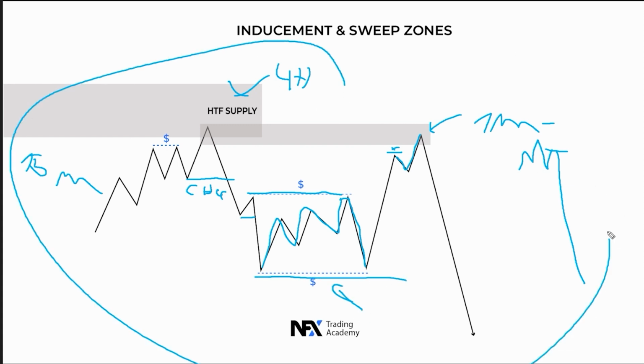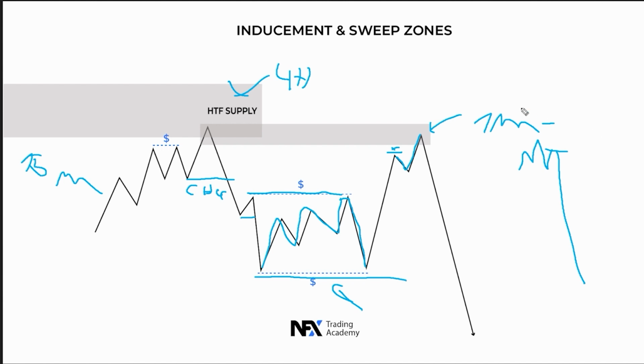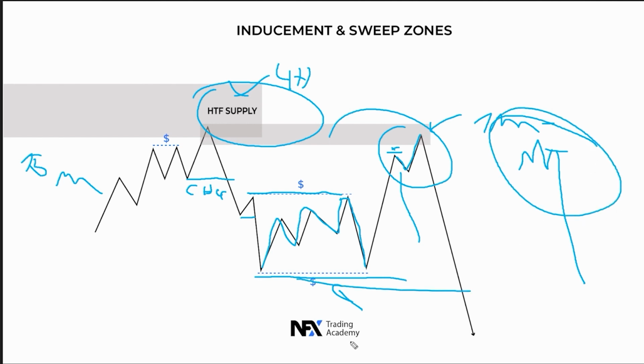So this trading example is one of the best that I ever saw happen, and it always works. You have a nice reaction from the higher time frame supply or demand zone, a 15-minute change of character, break of structure, then liquidity starts being built, price comes back into the discount or premium zone, gives another reaction right here, builds liquidity, comes into the POI, gives a 1 minute change of character, and you just enter the trade and target the low. That's the best trading scenario that you can have.